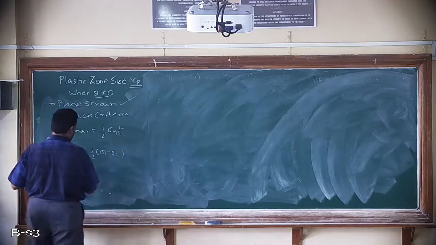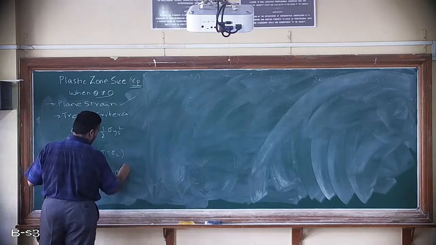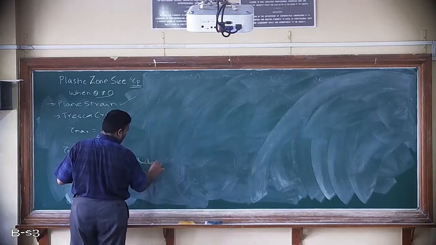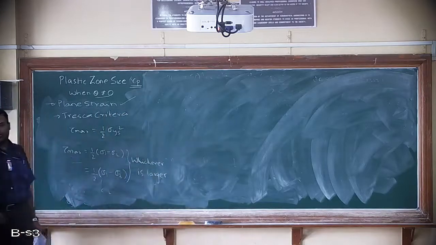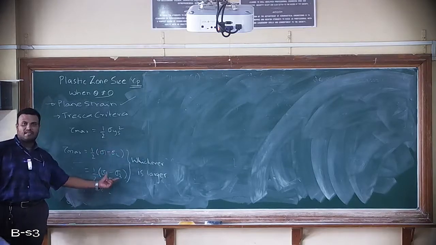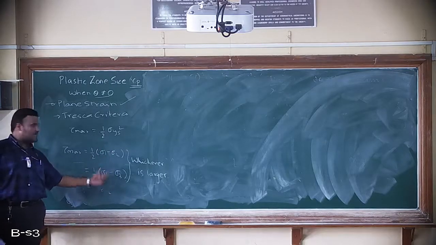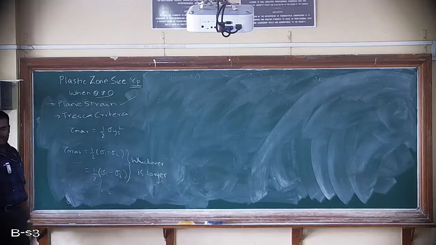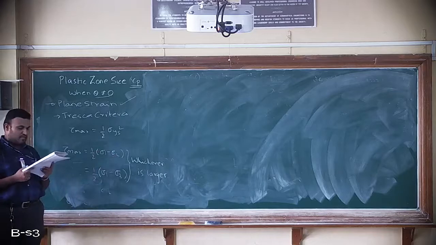as one case, and second one is it can be equal to half of sigma 1 minus sigma 3, but provided the condition whichever is larger. Okay. So in any loaded component, if half of sigma 1 minus sigma 2 is larger than half of sigma 1 minus sigma 3, then tau max will be equal to this. But if this term is larger than this term, then tau max will be equal to this. So it depends on the values of sigma 1 and sigma 2 in plane strain condition. So here we shall consider both these cases and derive the plastic zone size Rp.